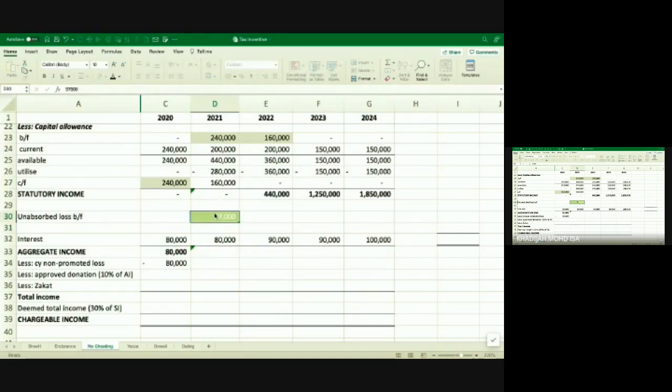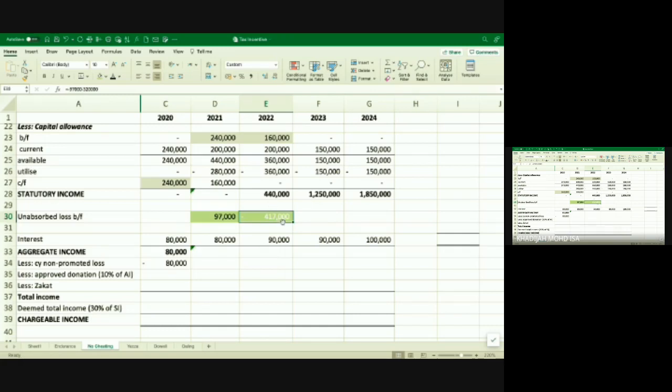But remember that this one is a loss, right? You have statutory income of 0 here. So you should not have the loss of 97 here because you would do 0 minus 97 plus 80,000, which is wrong. So it cannot appear as 97,000 here. What happens is that this 97,000 we are going to carry forward to the following year. But here you have 417,000. So how do you get that 417,000? I will show you later.